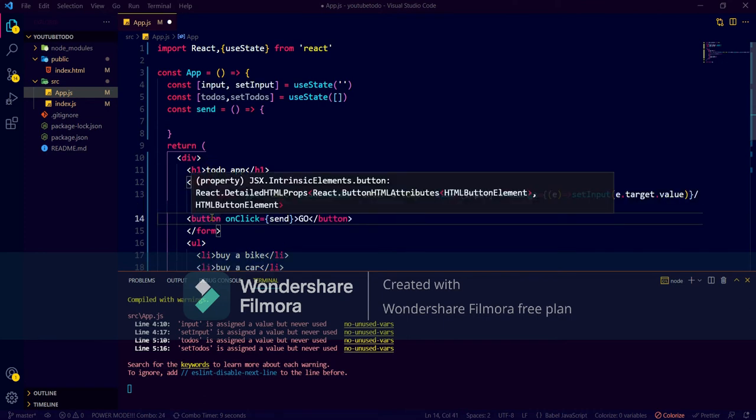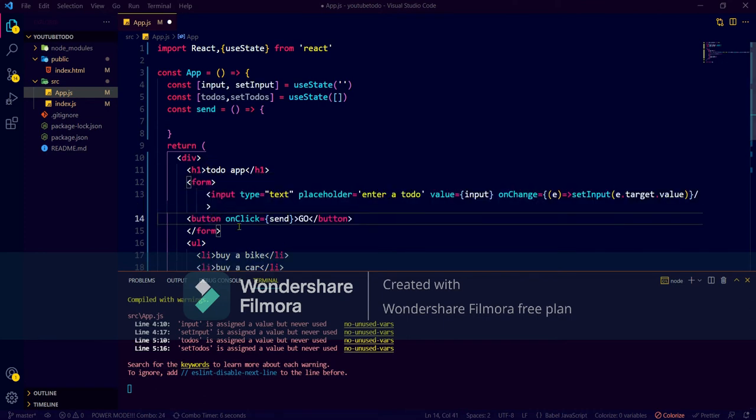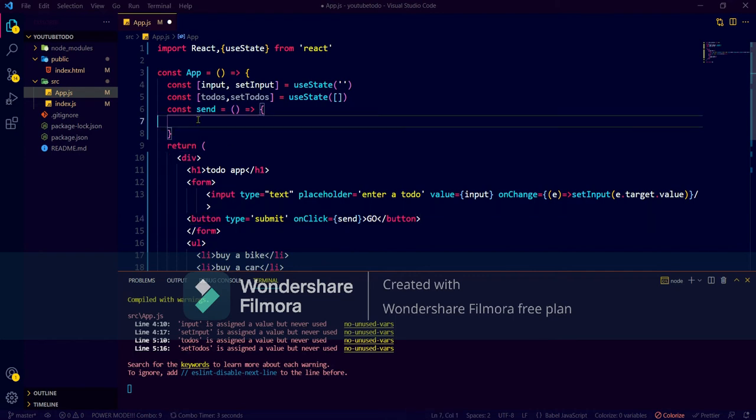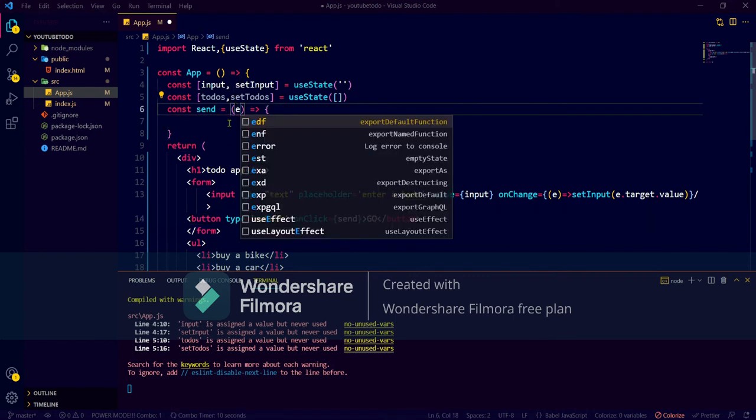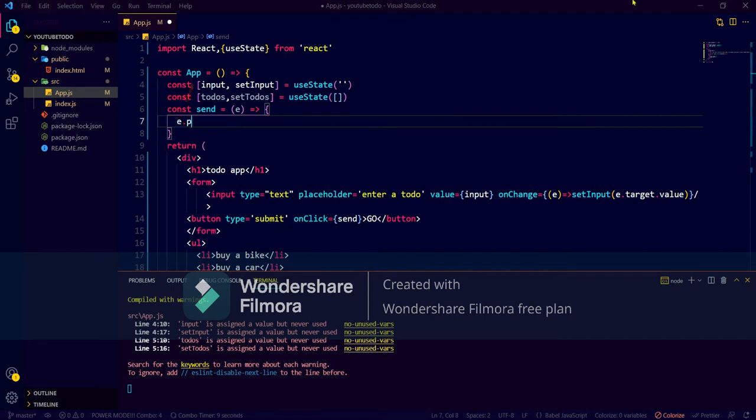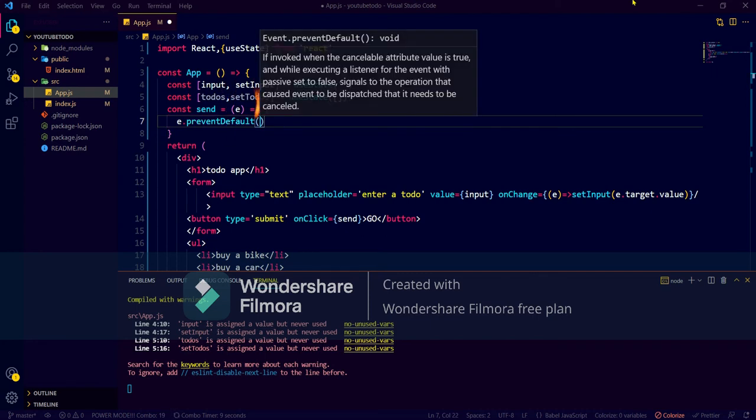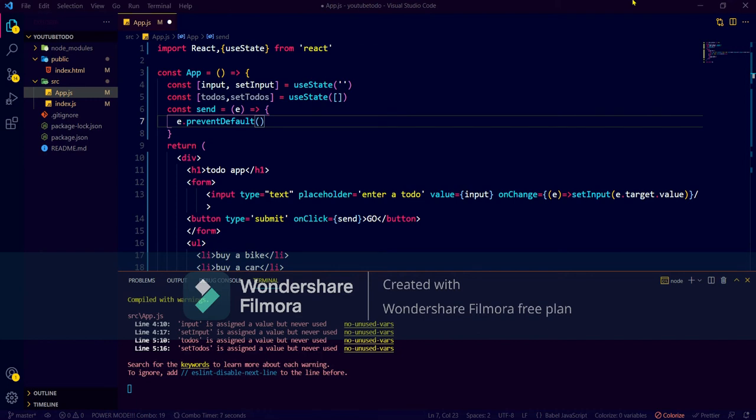We will paste that thing, like we have pasted the input and the button. I have told you that we will not implement any CSS, we are just focusing on the logic. So we use onSubmit, and in the button we have to add type equal to submit. Next, first we have to write event, then event.preventDefault, to prevent the refresh activity of the browser.